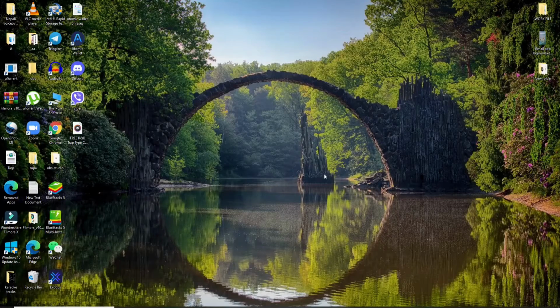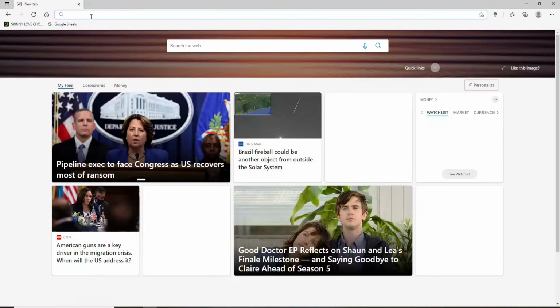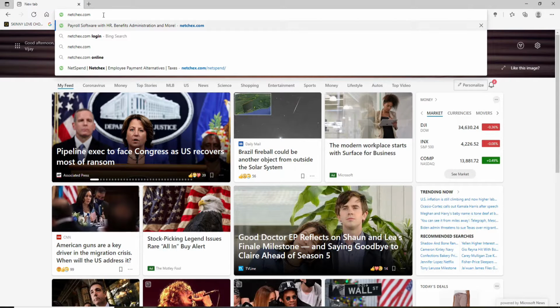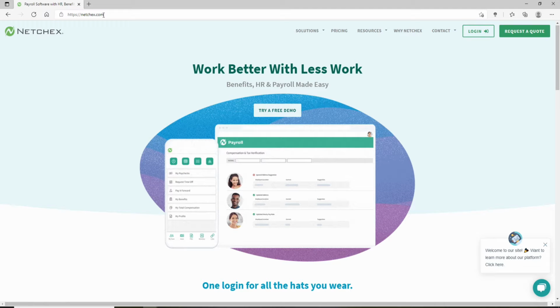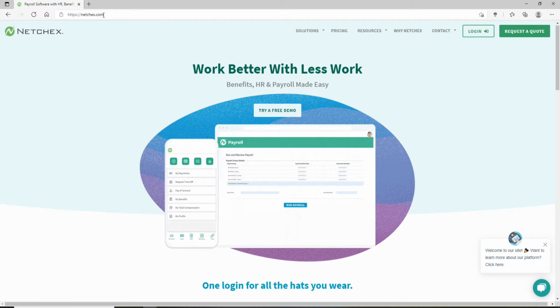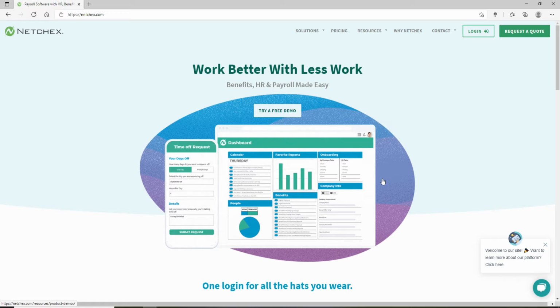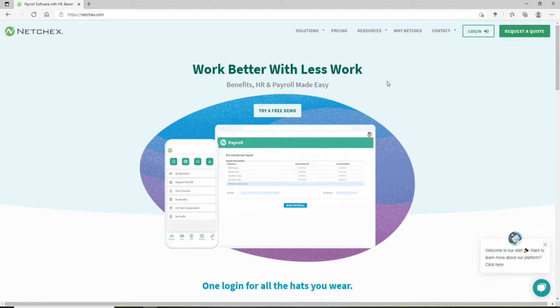In order to log into employees' account on Netspend, open a web browser, go to the search box, type in netchecks.com and search. Netchecks is a cloud-based human resource and payroll management solution designed for businesses of all sizes. In order to log into Netspend Employee account, you'll need to visit this URL, and from this page, go and